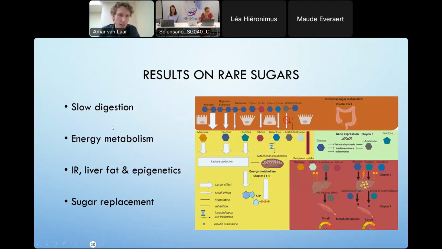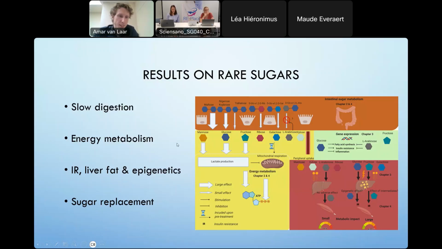But in addition to that, we were able to find effects on the energy metabolism, not only in the intestinal cells, but also in the liver cells that are co-cultured with them and are more indirectly exposed to these sugars. Same is true for fat accumulation in liver and insulin resistance. This is also influenced by sugar exposures, as are the gene expression changes related to these processes. But these effects are much more subtle than the changes in energy metabolism.